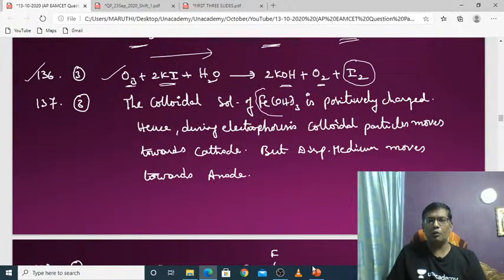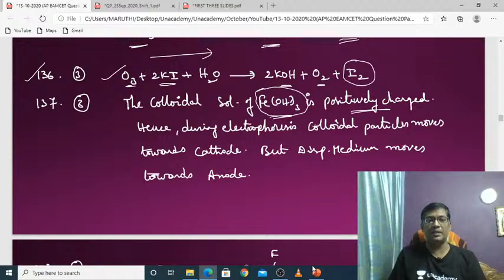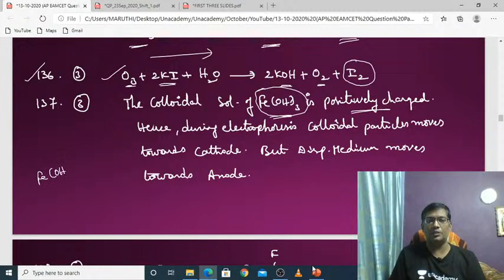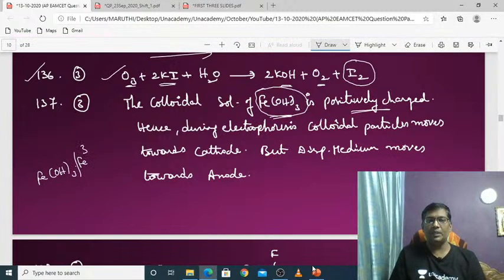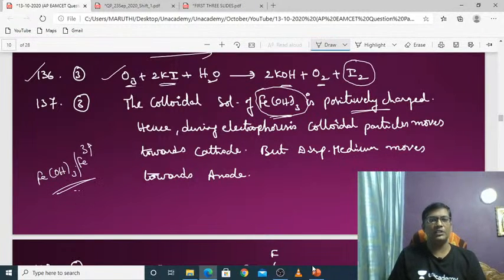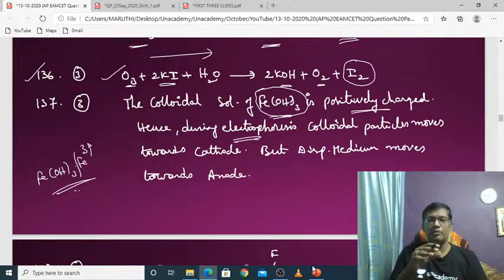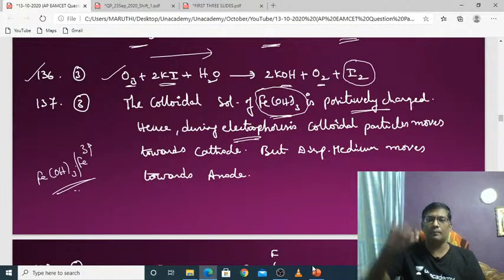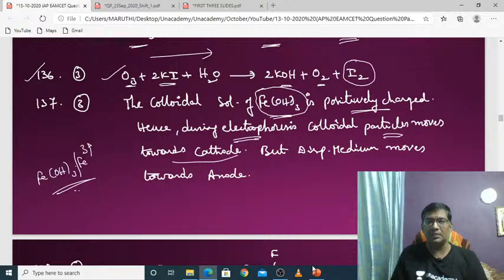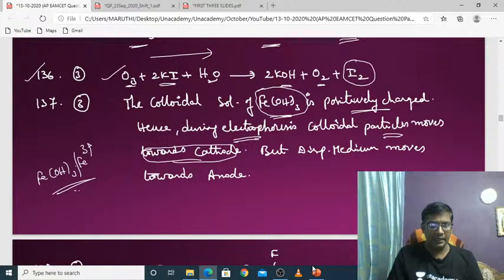Just take the colloidal sol of Fe(OH)3. It is positively charged, because Fe(OH)3 sol adsorbs Fe3+ ions. As during electrophoresis, the positively charged particles will move towards the cathode. So these particles will move towards the cathode. But